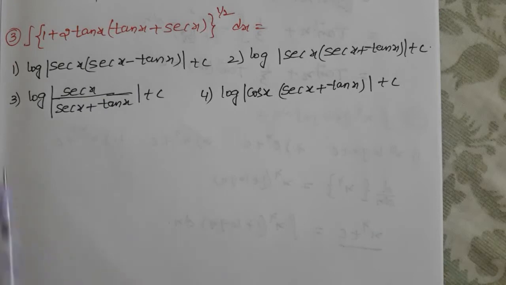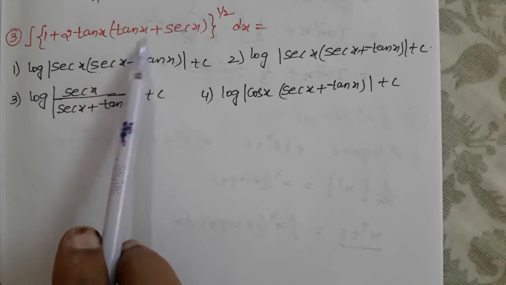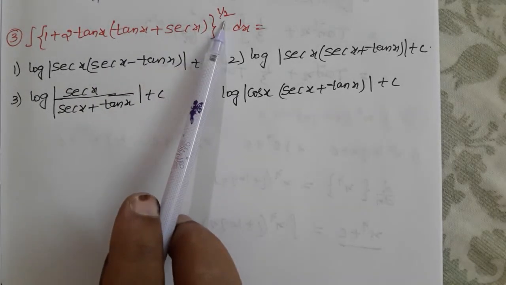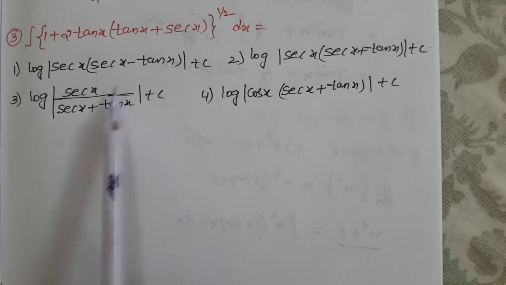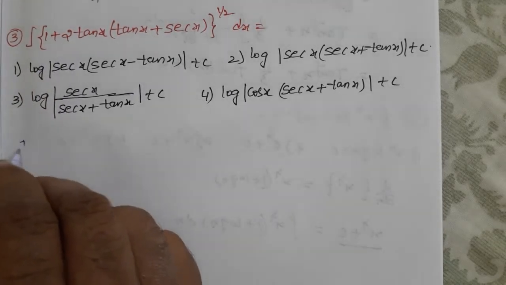Now next question. Integral of (1 plus 2 tan x times (tan x plus secant x)) whole power 1 by 2. Whole power 1 by 2 means this is the square root function. There are four options. Let us start the integration. I is equal to